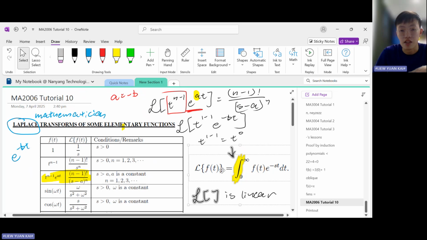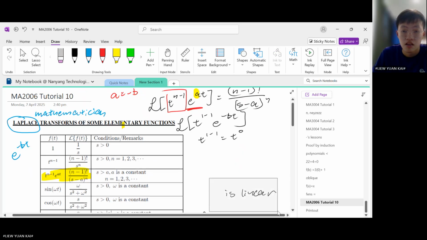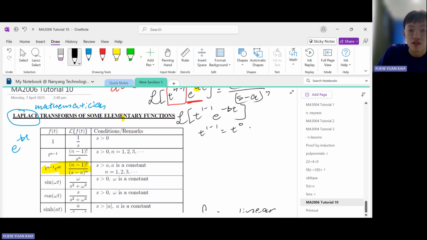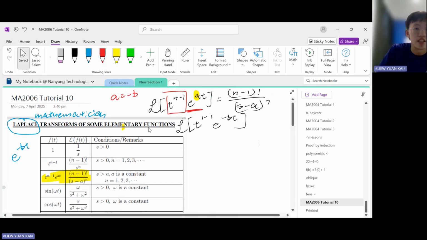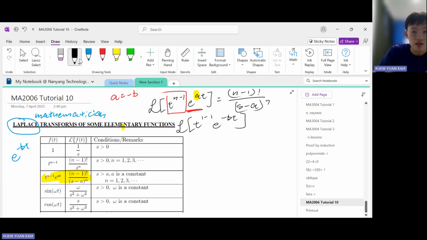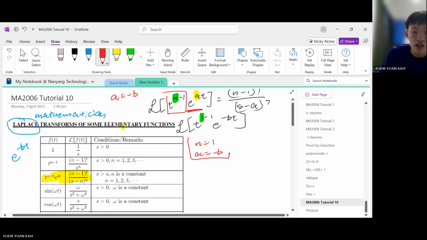Let me clear this away first. And then t to the 0, you know, is 1. So I still didn't change anything. Therefore, it is still true. I haven't changed any meaning. So we have identified that n equals 1 here. Now we need to sub in whatever we have. So what do I mean by sub in? We need to sub n equals 1 and a equals minus b into this expression